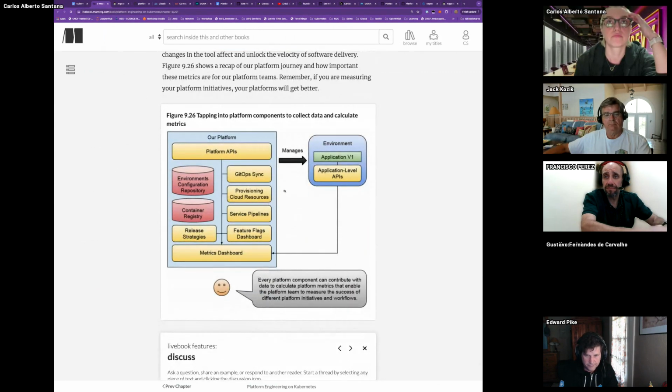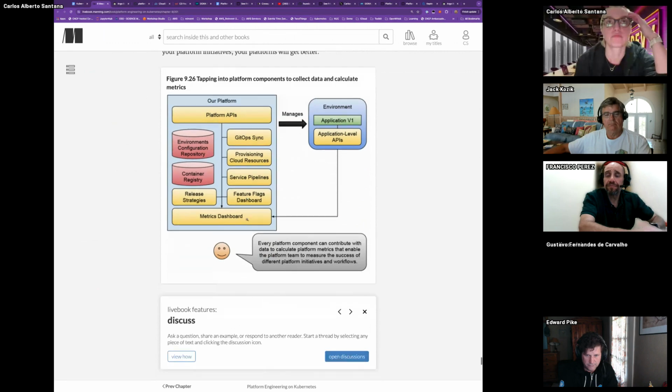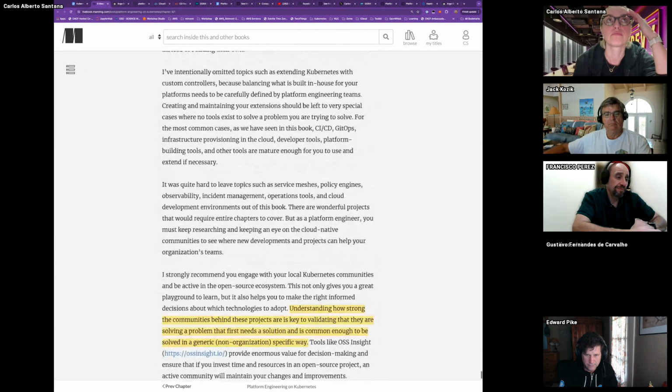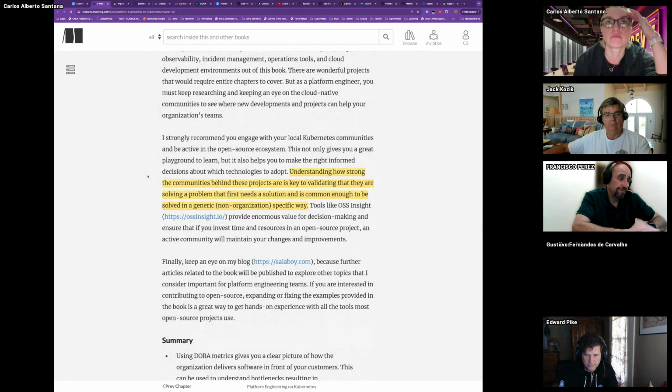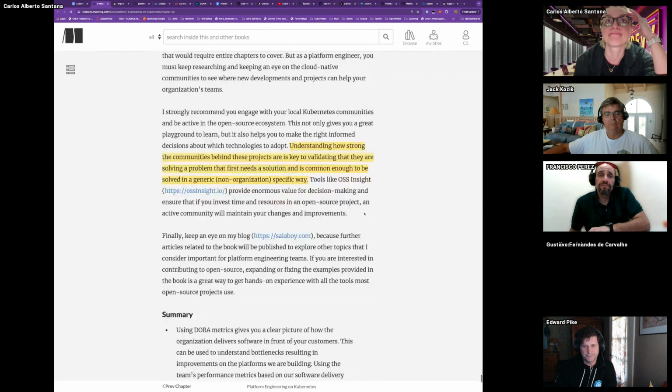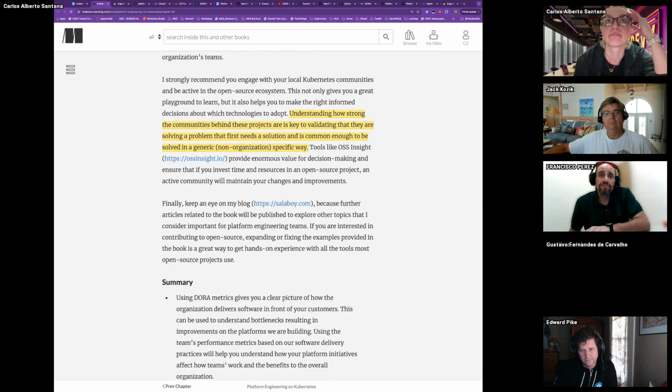And then it talks about Argo and GitOps. We covered that in the book. And then he finished his thoughts on the book. I highlighted: understanding how strong the communities behind these projects are is key to validating that they're solving a problem that first needs a solution, is common enough to solve a generic problem and not organization-specific ways. So using open source, and this is a website that gives a grading to an open source project.